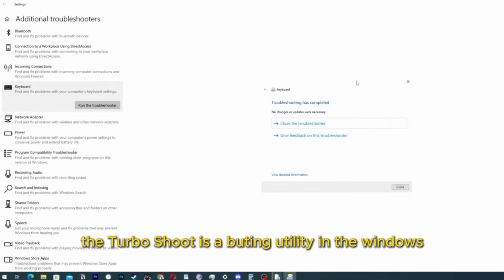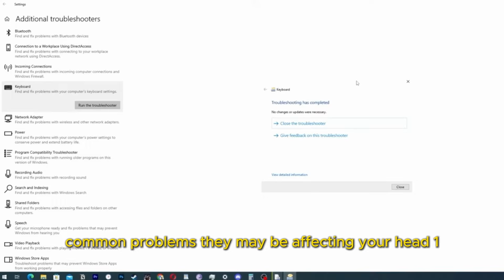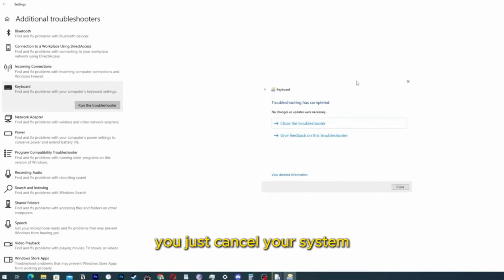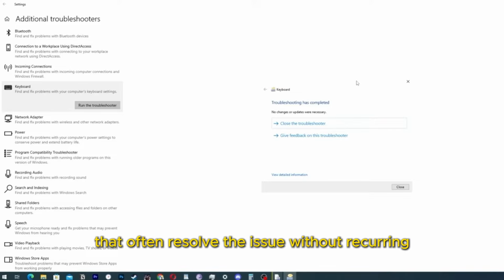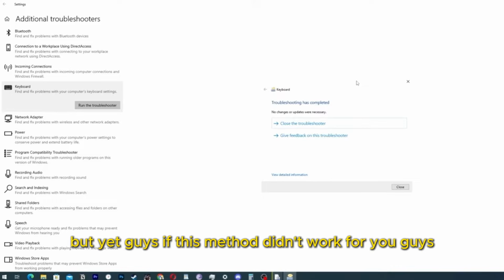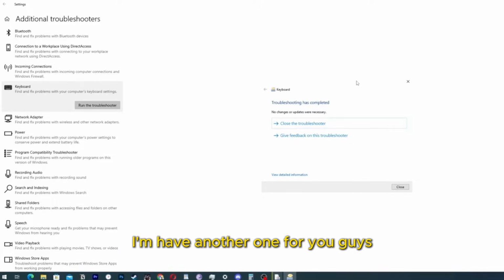Basically, the troubleshooter is a built-in utility in Windows that is designed to automatically detect and fix common problems that may be affecting your hardware. So when you run the troubleshooter, it scans your system for any potential issues with your keyboard and provides solutions to fix them. This can be particularly helpful if the problem is related to software conflicts or outdated drivers. It's a simple yet powerful tool that often resolves the issue without requiring a technician. But yet, guys, if this method didn't work for you, I have another one for you, and the name of the next one is